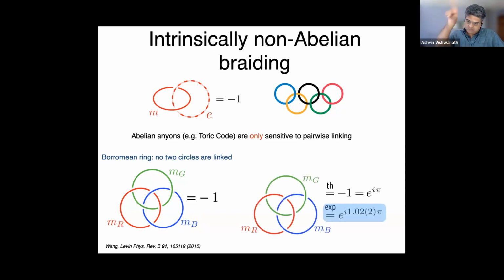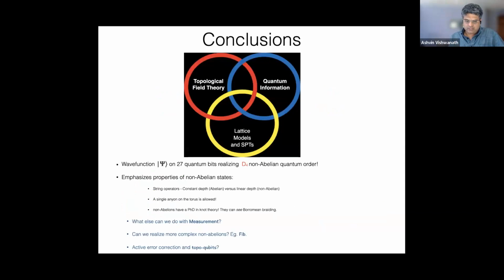Okay, and that's something they can check experimentally. I won't go through the details. Again, it's using these string operators. And experimentally, they get a phase which is very close to e to the iπ. It differs in the second digit. Okay, so let me conclude over here. So I've tried to